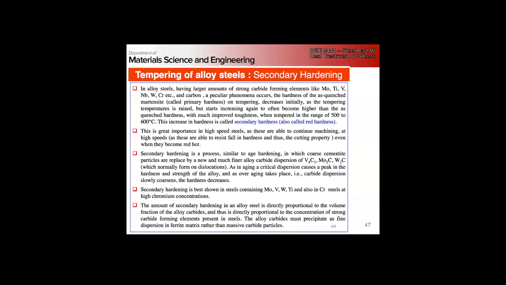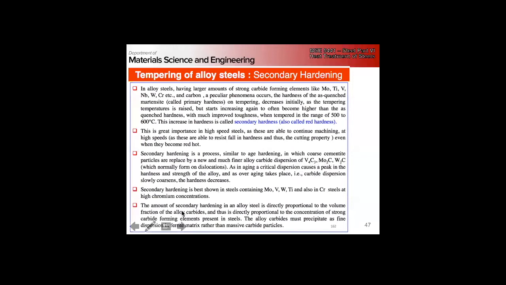Right? So if you're sharpening tools, you need to grind tools to sharpen them, right? And you've got a huge amount of friction at the grinding wheel. You don't anneal your steel, right? You don't make it softer by sharpening it, right? And you maintain hardness as you're machining it, right? And it's essentially just the age hardening process. It's the same story that we talked about with aluminum, except now we've got these fine carbide dispersions,